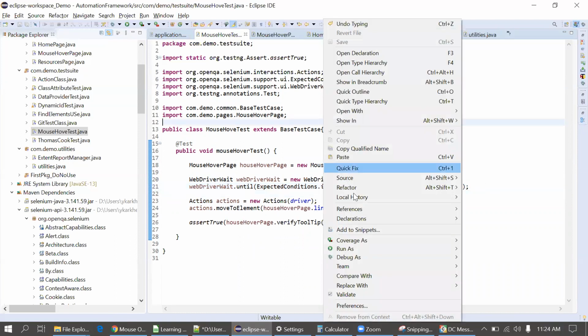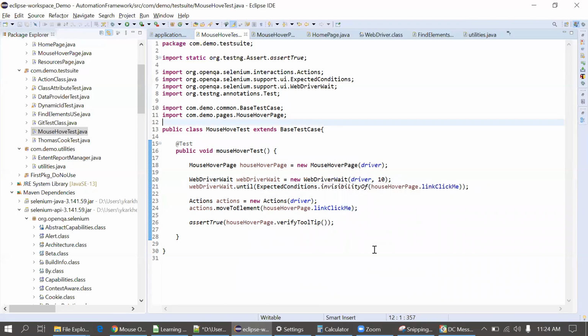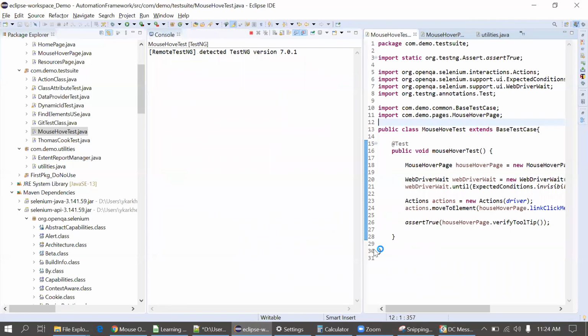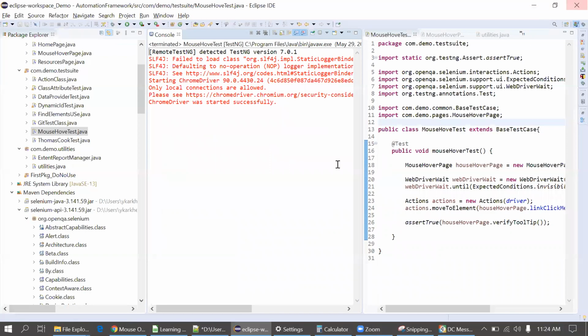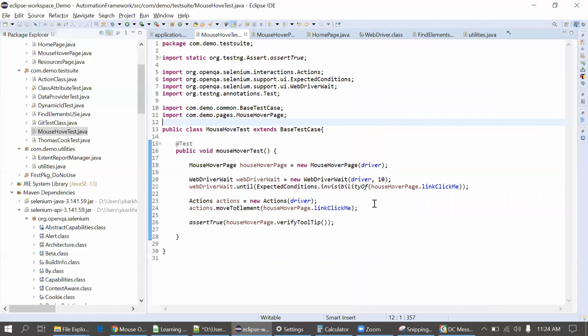Executing this code now. Sorry, I just put the invisibility, it's a visibility. Excellent. Sir, one thing: if it doesn't hover, it will not get this link, click me, it will not get this verify tooltip, actual tooltip.